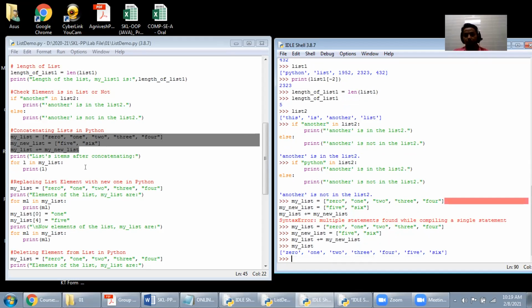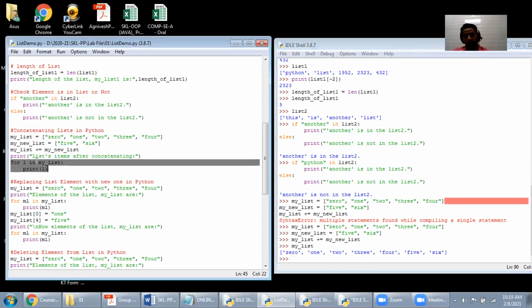Similarly, if you want to use the for loop to display, you can also use it like previously we have used for m in my list, then print. For example, for L in my list, you can utilize it here.